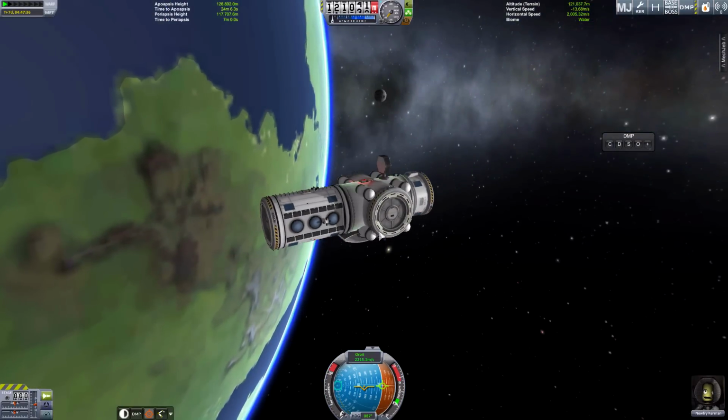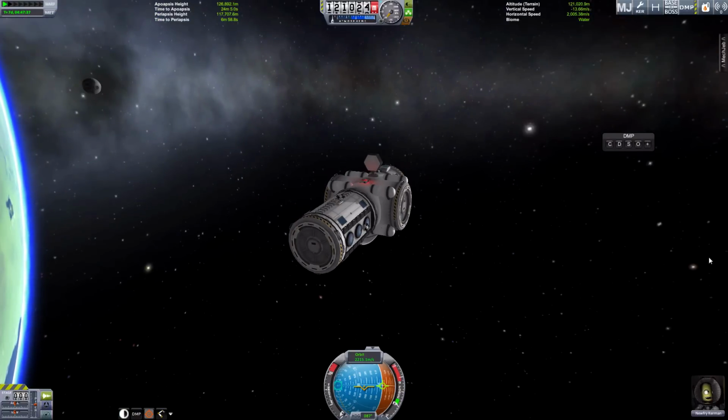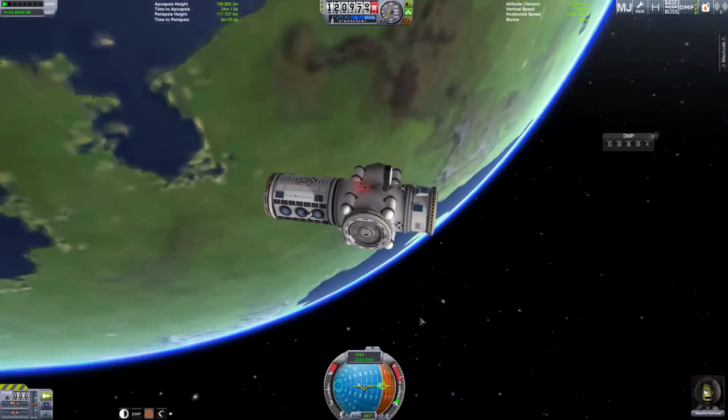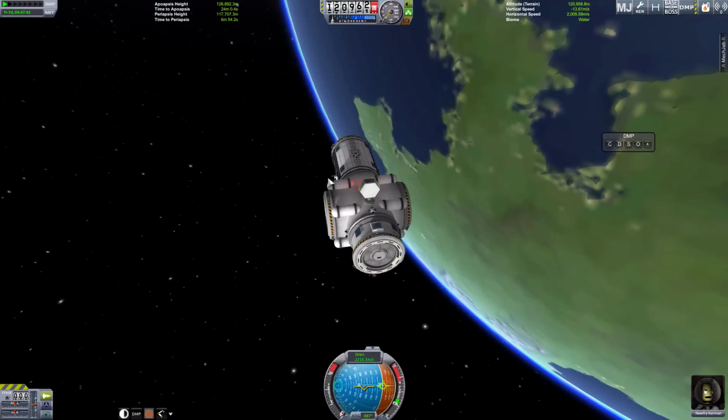We've got the side parts, which I'm going to add first. Then we're going to put the lander on the rear of the craft. So we've got a bit of work cut out for us, and I'm going to be talking most of this